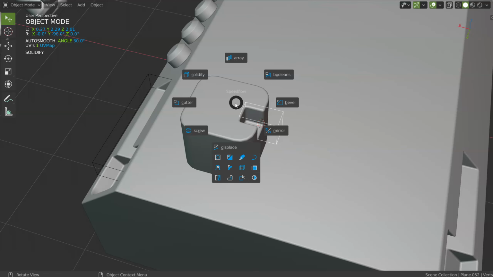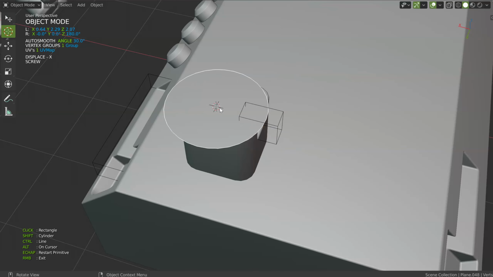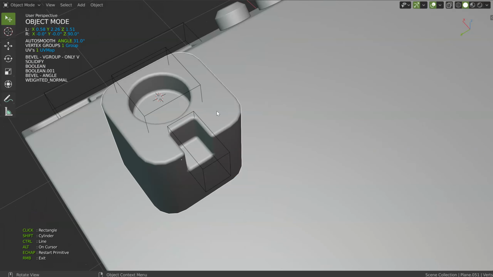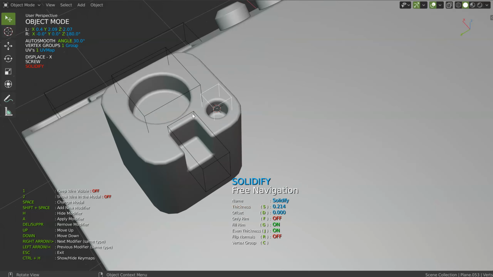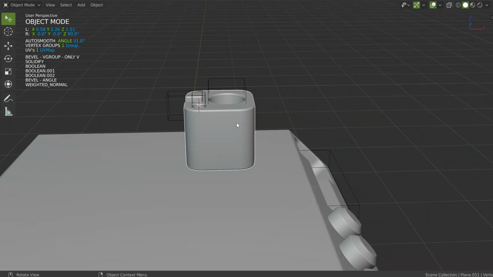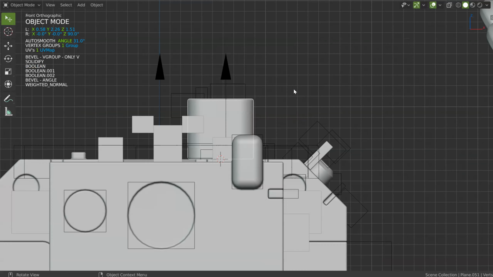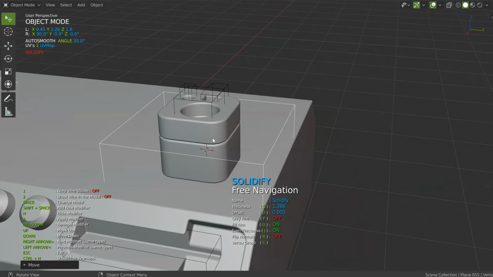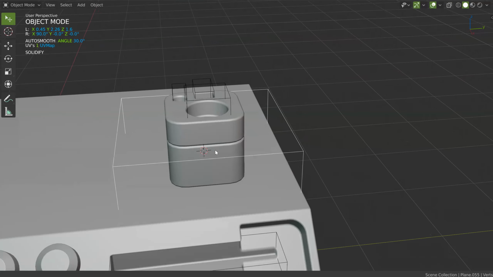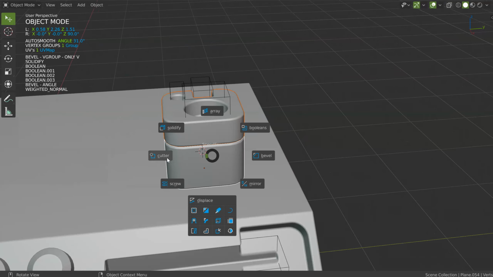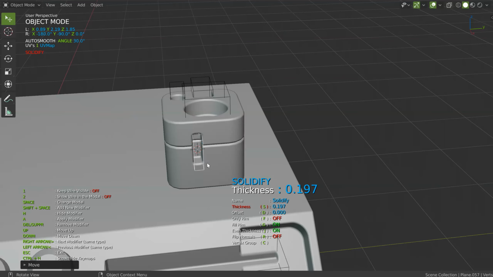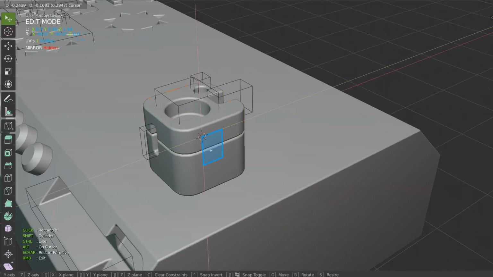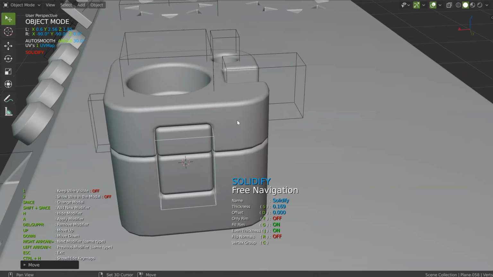I want to add a hole here, and why not another one here, etc. So as you can see, I want something fast. Let's see, I will come here, I will press Ctrl, I will do this, bam! It's fast, and this is the goal for me. I forgot, you can in fact make a cut on several objects. So this is the interesting part. If I press Ctrl, boom, that will give me this result.